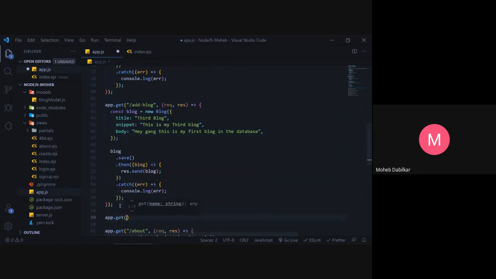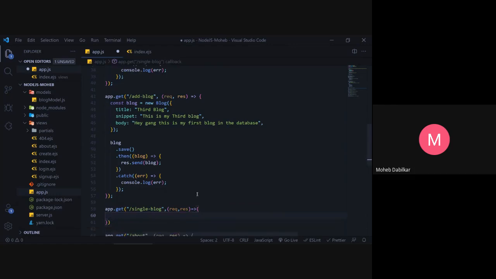App.get. Okay, so we will do that for single blog, and this takes in request and response, and then inside this we will start by finding blogs. So how do you get a single blog, and how do you know what to find?